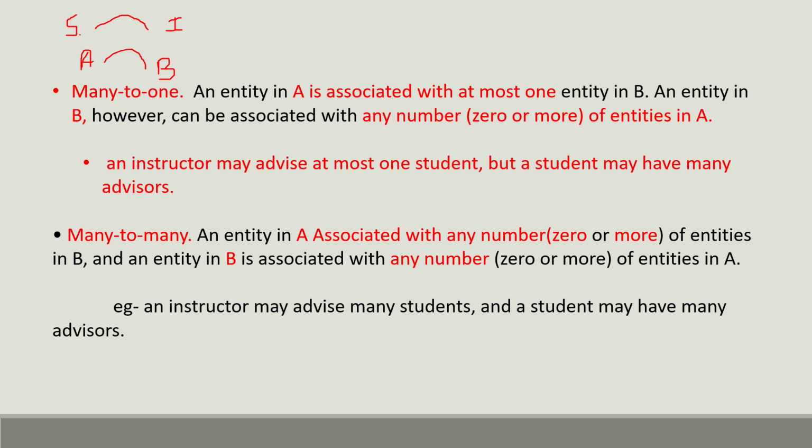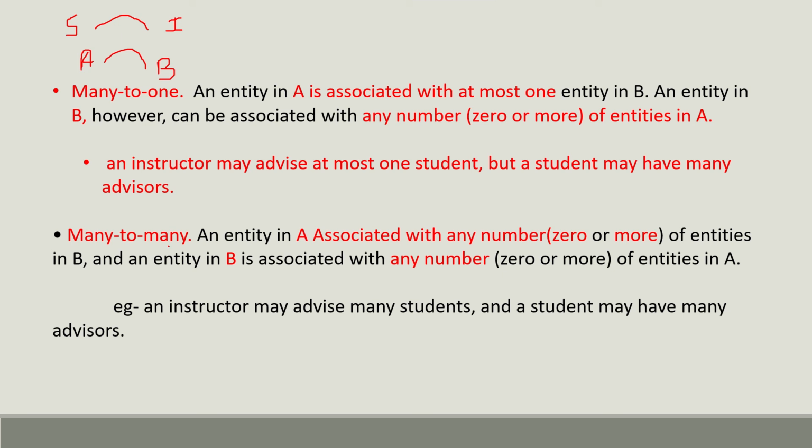That is, from this part, this is taken as A. If you take any one student, he will have only one instructor. And if you take any one instructor, this side may be many. That is, there may be some instructor in our department who is not the advisor of any student. It is also possible. Or any other instructor may be the advisor of many students. So that is the meaning of many to 1.